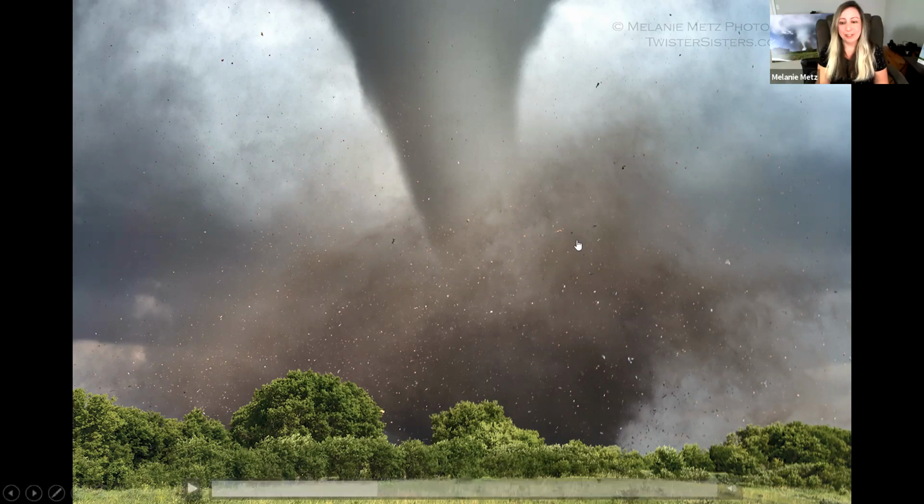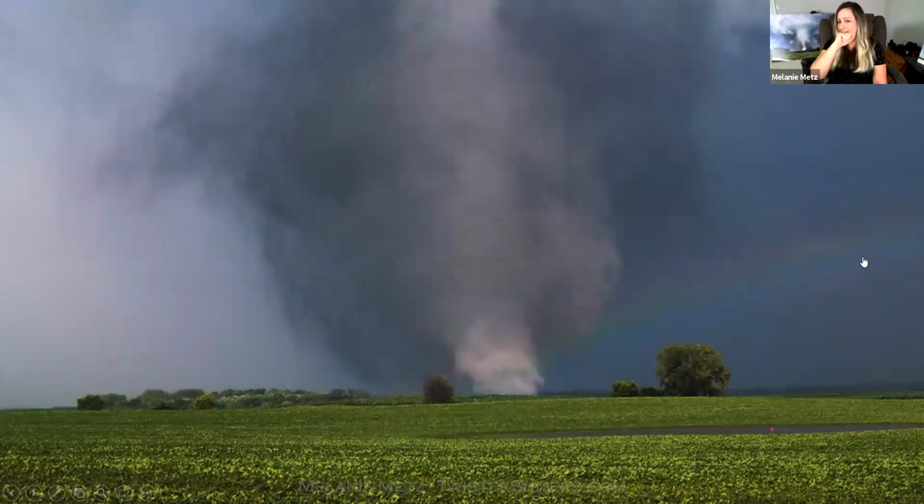Yeah, so I just can't believe what we were seeing right in front of us. Unbelievable. And then we had to get in our car and keep following it. There were some chasers who got a lot closer than we did at this point, and they have some incredible footage, like Michael Martz and even Scott Peak. I know there's some great footage out there. Tanner has some amazing footage as well.